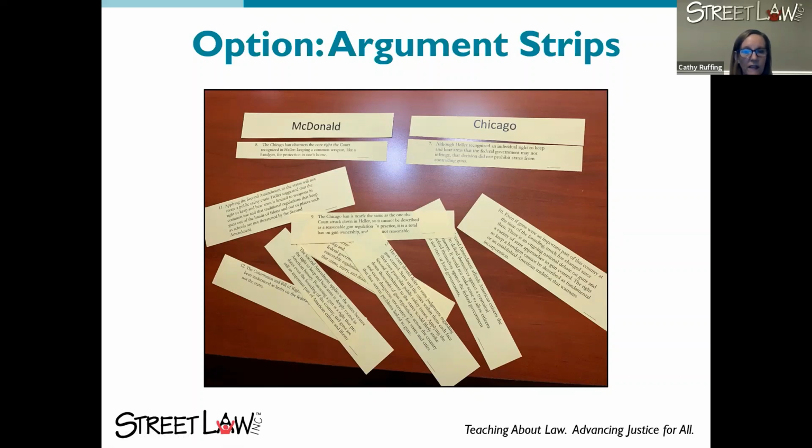The beauty of this is that after they're done classifying the arguments, they can put them in order of most compelling at the top to least compelling at the bottom. And then if you're going to do something like a moot court afterwards, you can have them either tape them to a piece of paper, which is old school, or take a photo with their cell phone, which is probably what they'd really do, and then use those arguments to structure their arguments for the case.